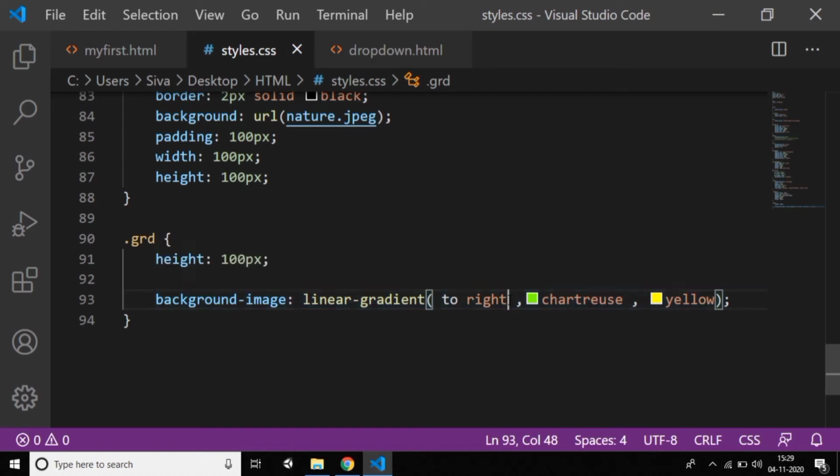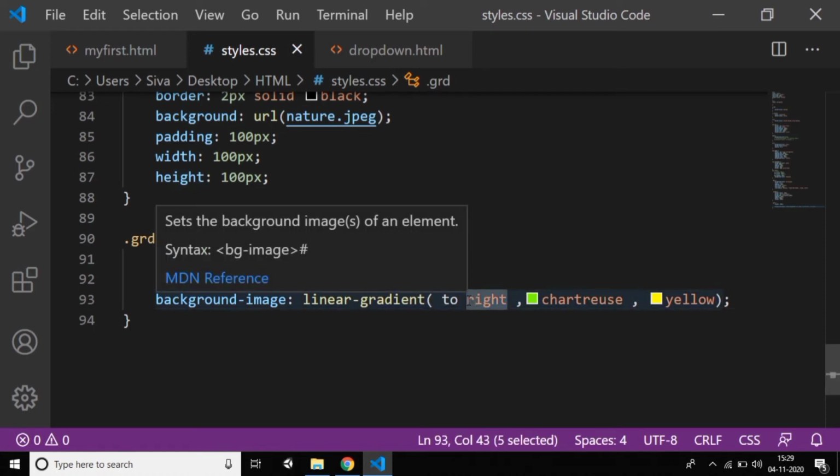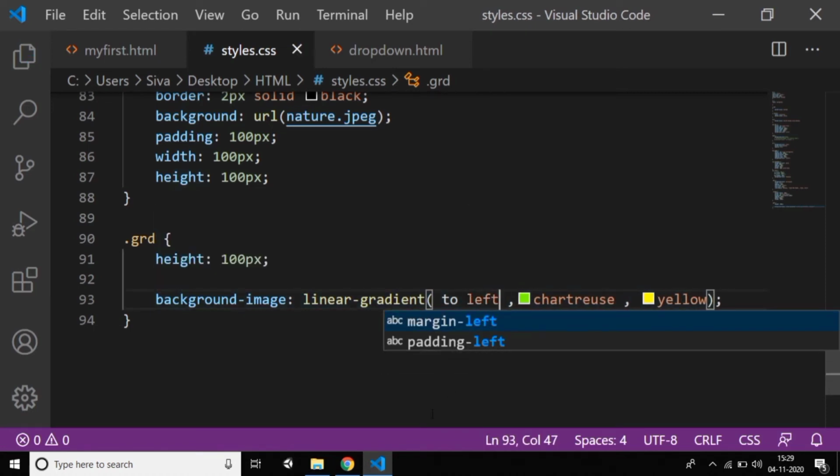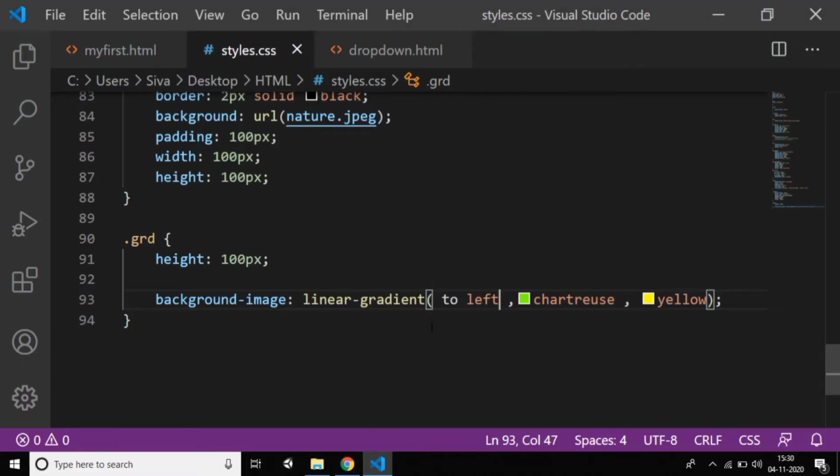If you want the left side, you need to give to left, and now it changes. You can see the difference between to right and to left. If you want a diagonal, specify to bottom right, then it will be diagonal. To bottom left also you can give, press Ctrl+S, and you can see the difference. It's a mixing of diagonal.